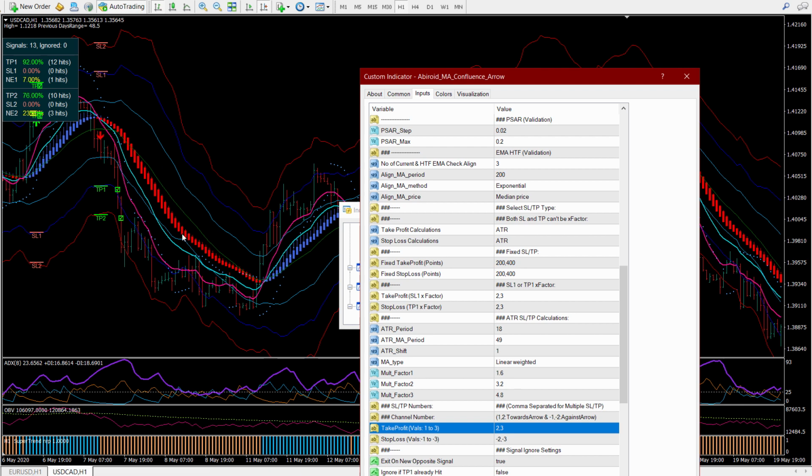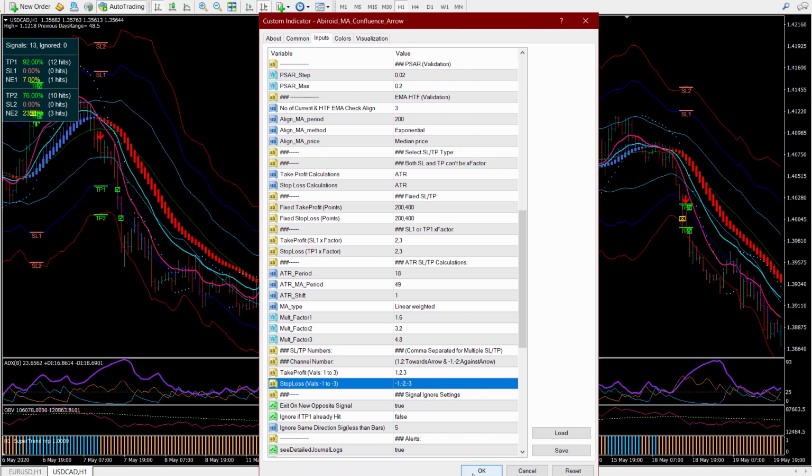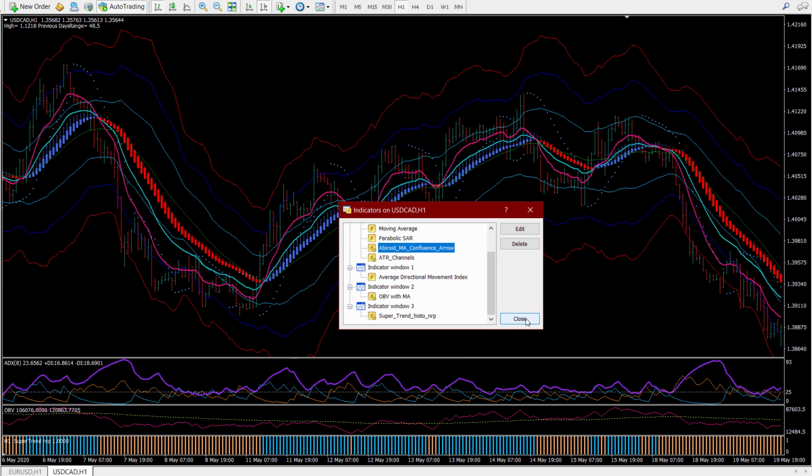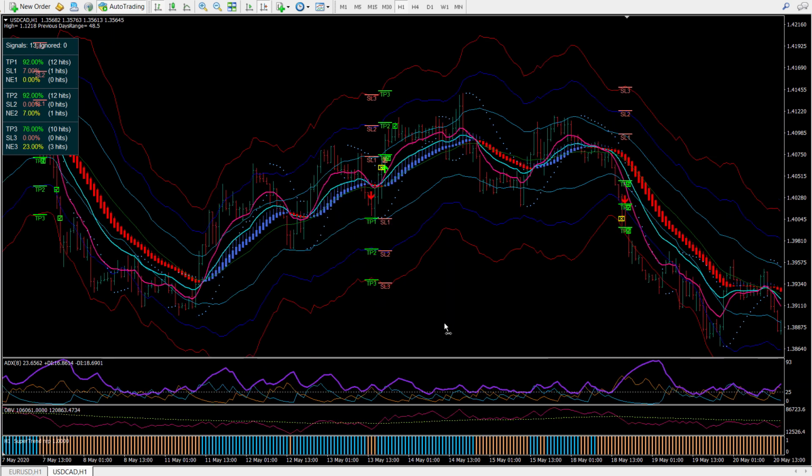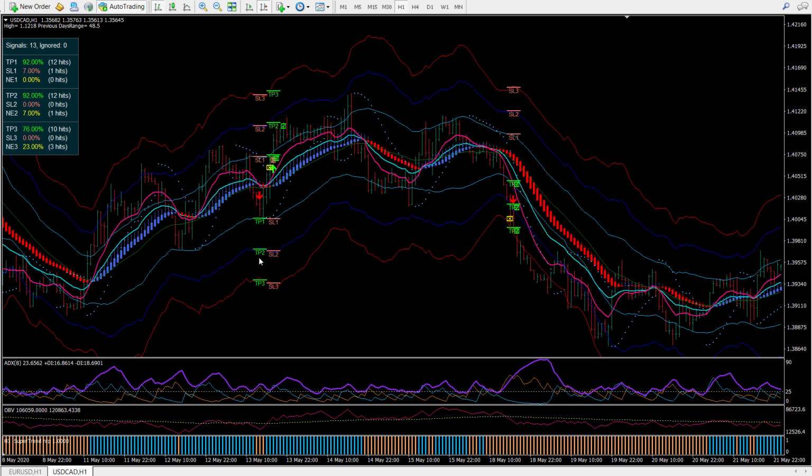And same way, if it's a buy signal, then this will be 1, 2, 3, and these will be -1, -2, -3. And you can specify this here. Suppose I have 1, 2, 3, if I use all the channels -1, -2, -3 and press OK, in that case it will give me TP1, 2 and 3, and same way stop loss, all of these stop losses are also calculated.